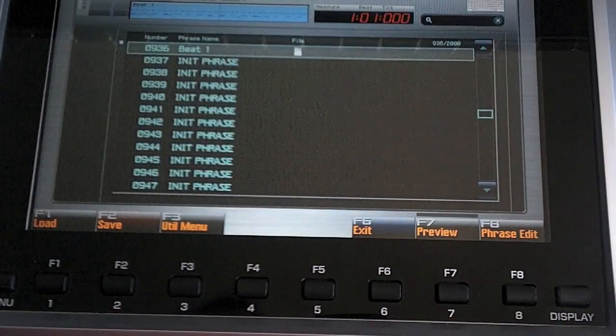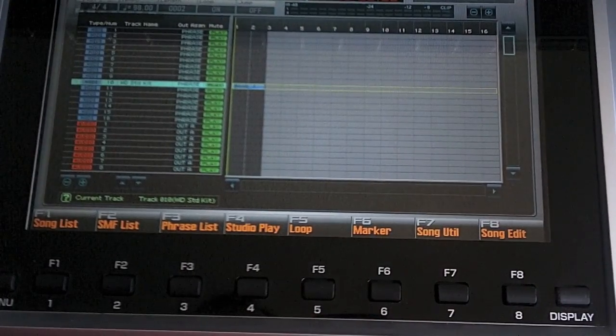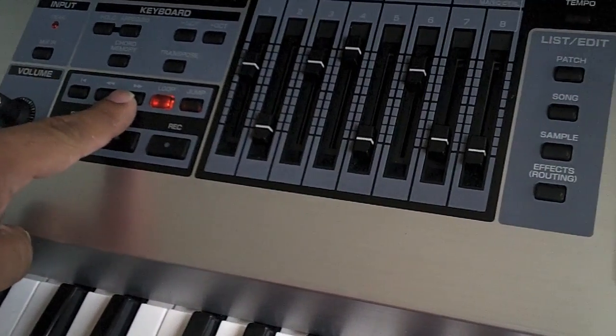Now let's press exit and get back to our song. Okay, I'm going to press this button here and move to the end of our song. So now we should be at